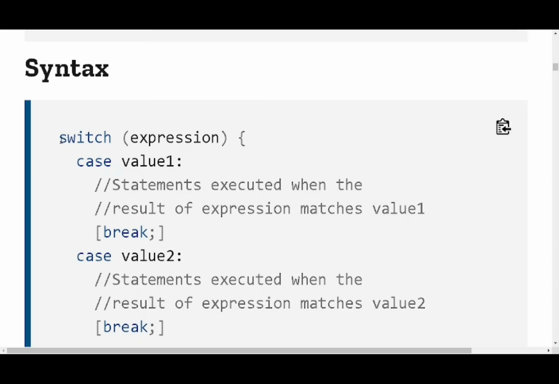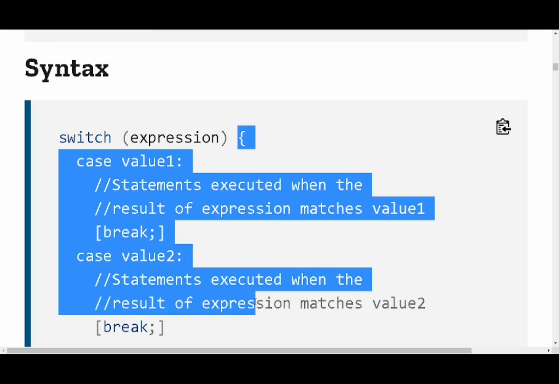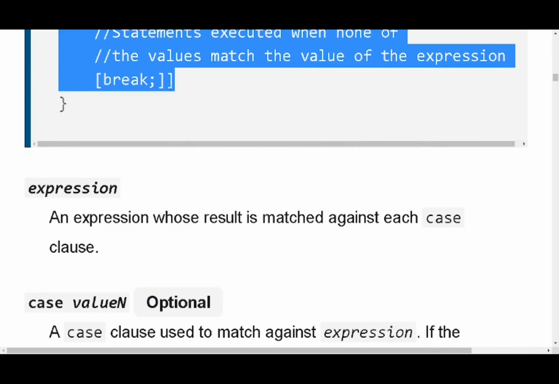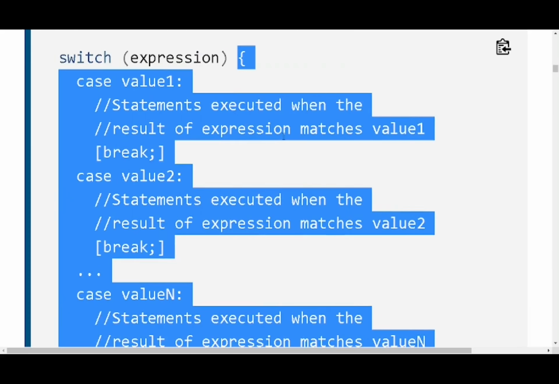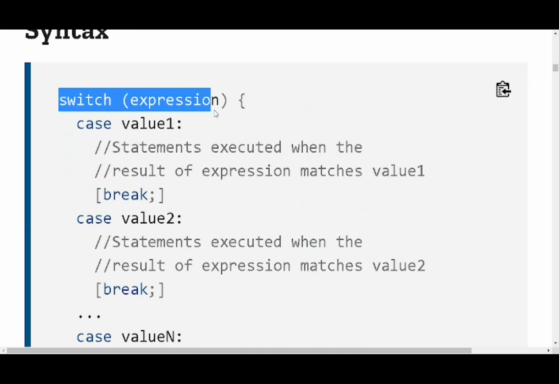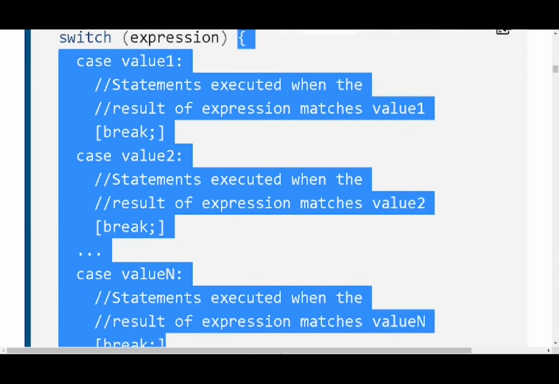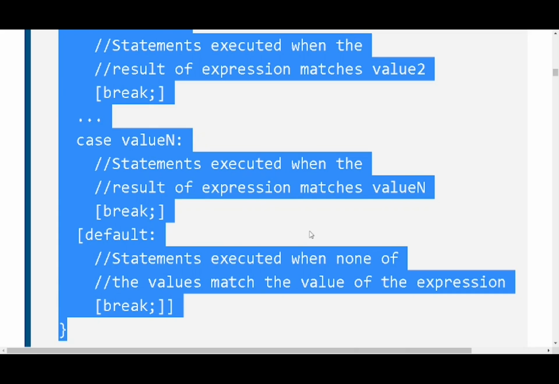So we have to write the keyword switch, then the conditional expression which has to be evaluated, or the expression which needs to be evaluated and whose result has to be compared with the case statements. Then the case statements are enclosed entirely in a block or as a compound statement. So that's the main thing to note here. After switch and the expression, a compound statement is actually beginning over here.